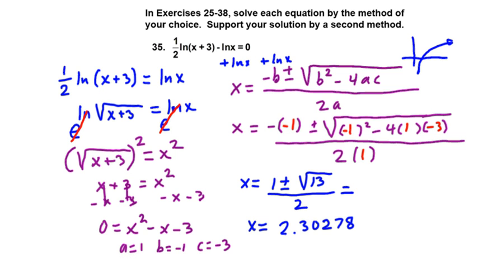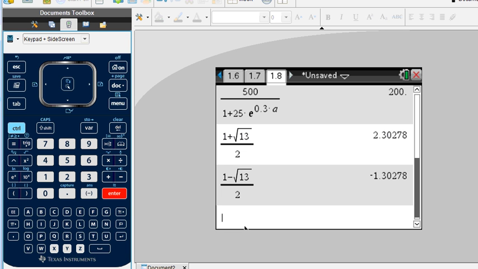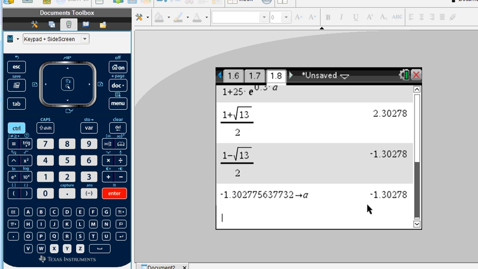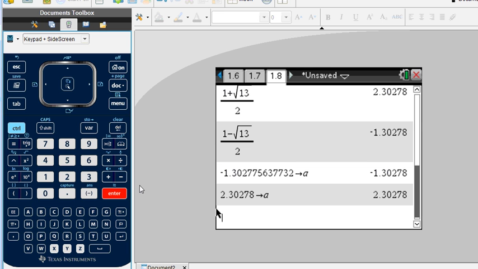And to do that, we go back to the calculator, and I'm going to put control vars a. Oops, but what happens? That's going to put the wrong number here. So I'm going to put 2.30278, and then control vars a. Okay, so that's going to be what we have, and we put that back into our original equation, which is going to be